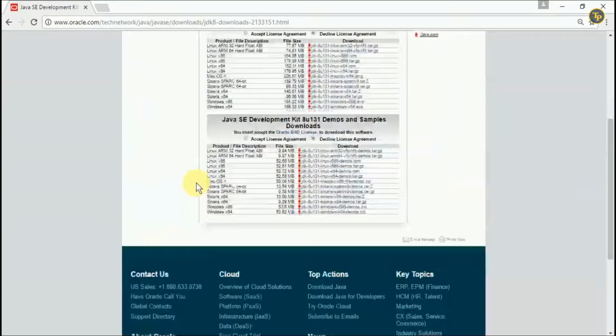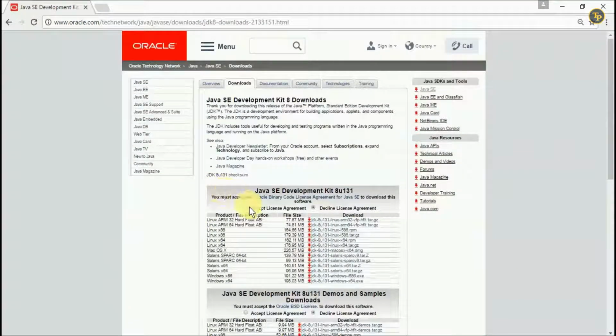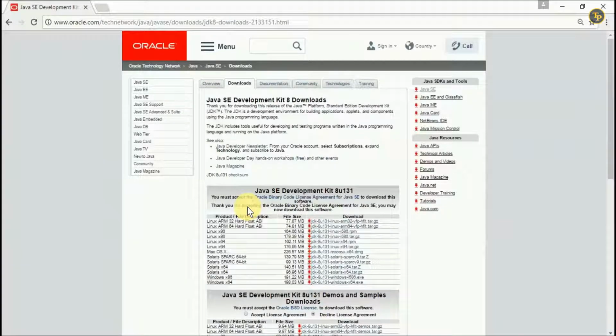This is the official JDK download page. First thing you need to do here is accept the license agreement. In fact, you don't have any choice other than to accept. Next, you need to decide for which operating system you want to download JDK. You need to select appropriate JDK for your operating system. For example, if you are using macOS, then download the DMG file. And if you are using Windows, then download the appropriate exe file. Here you will see two exe files for Windows. x64 is for 64-bit operating system and x86 is for 32-bit operating system.